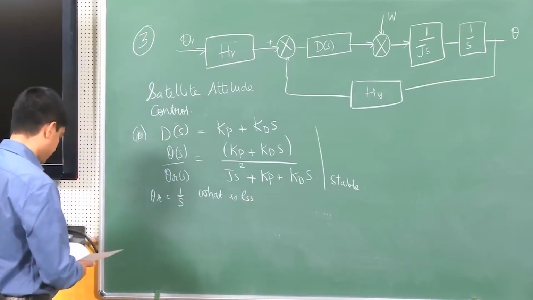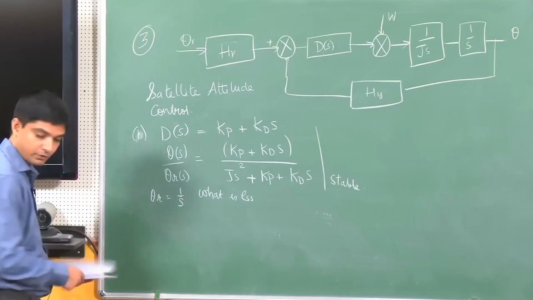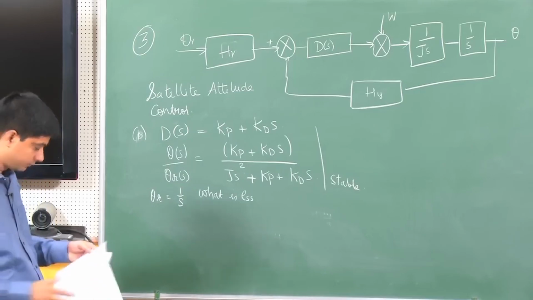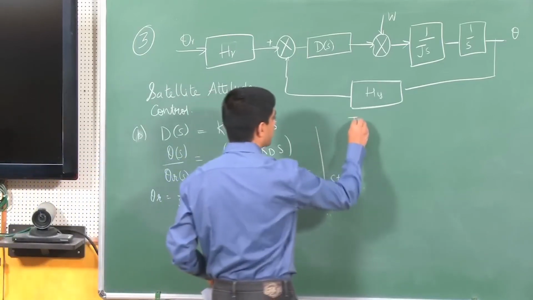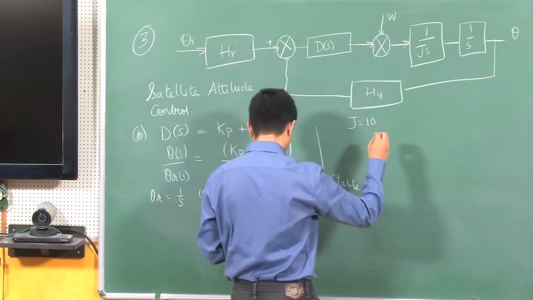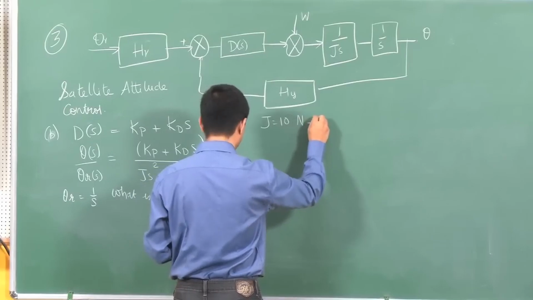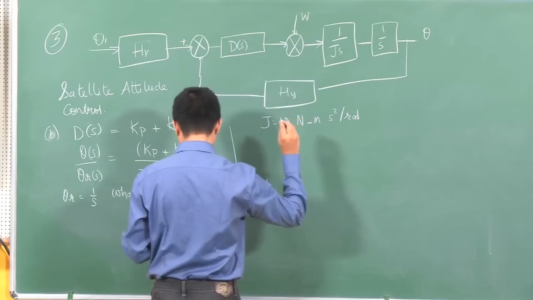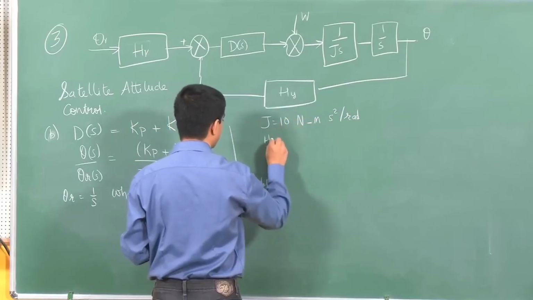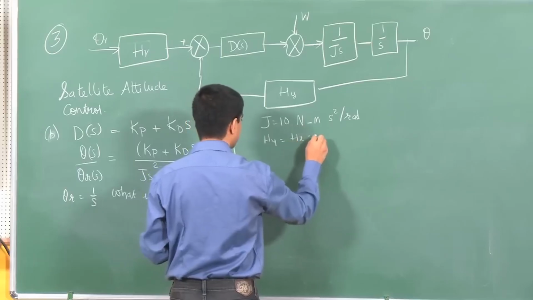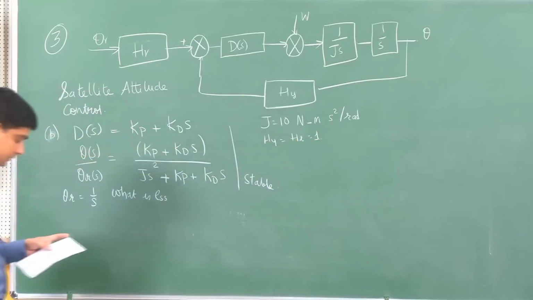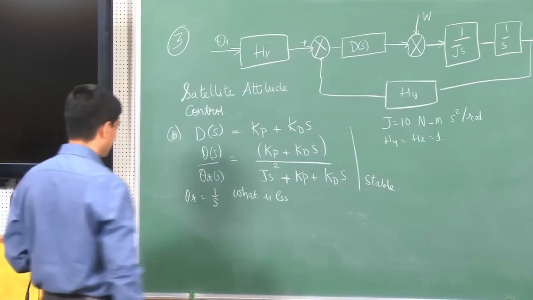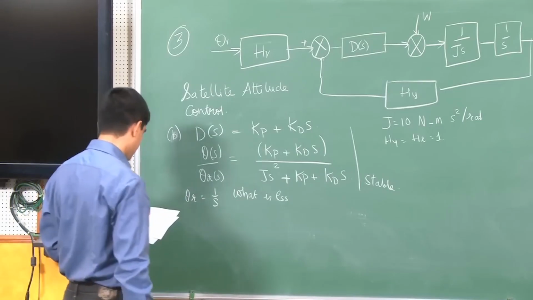Okay. So, for this I will just use some constants to compute these values. That J is 10, since it is the moment of inertia, so it will be Newton meter second square per radian, then Hr is equal to 1. Okay. So, when I just use that theta r is equal to 1, or theta r of s is 1 over s, then